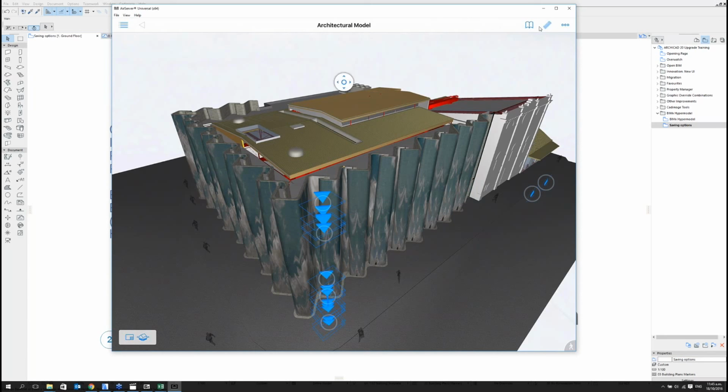If I go to the measure tool, I can place a measuring point here in the corner, and then place a measuring point in the other corner, and now I see that the length of this roof is